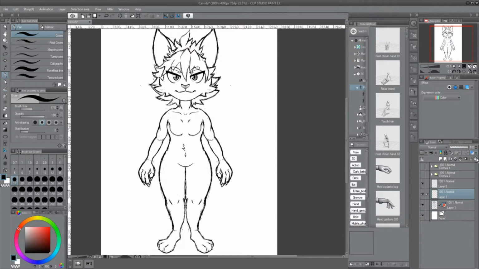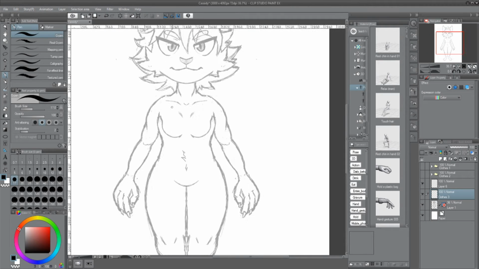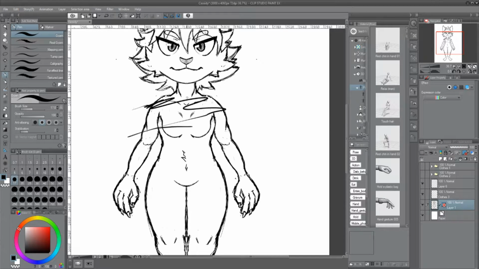Oh, so I made two layers. I'm going to call this clothes free, because I already have two other things right there. And you go over to the line art layer, or the body layer, and you lower the opacity on it, and then you go back to the clothes layer I just made, and this just lets you easily tell the difference between where your clothes are and where your body is, because if you don't, you might get confused and not know what's going on.